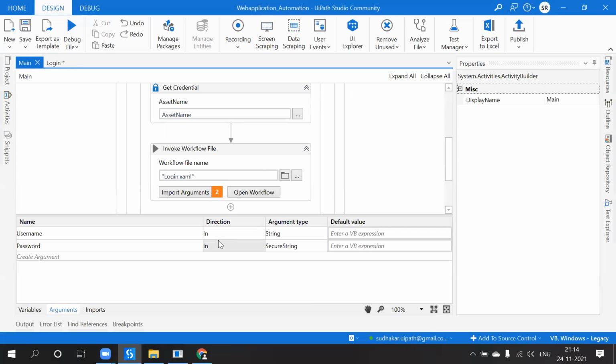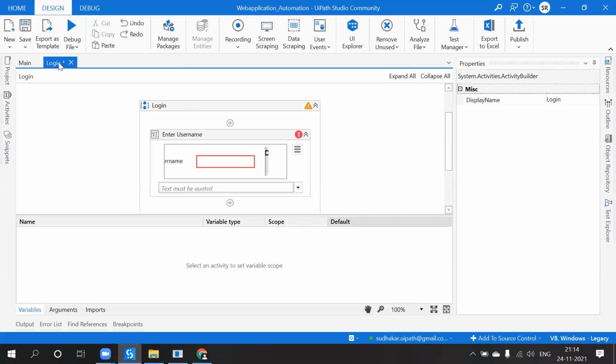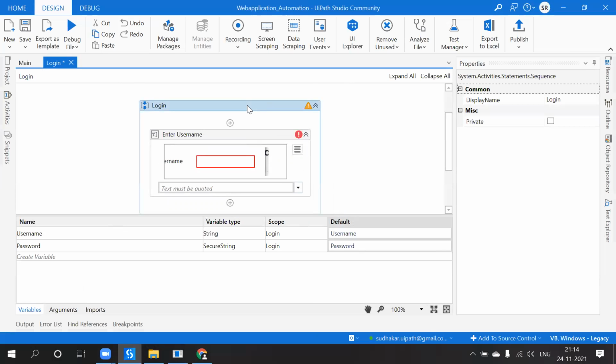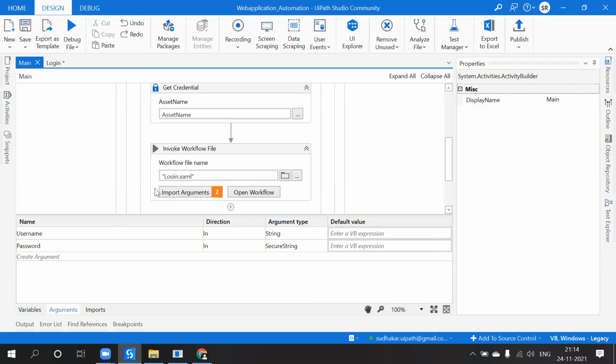And when it comes to the calling workflow, it will become variables. Okay, so maybe you will get confused. So here it will become the arguments of the main workflow.